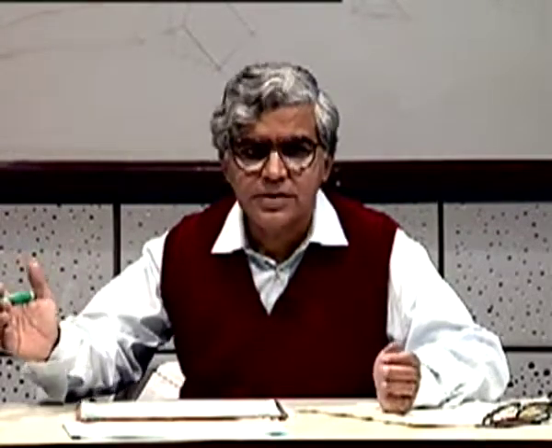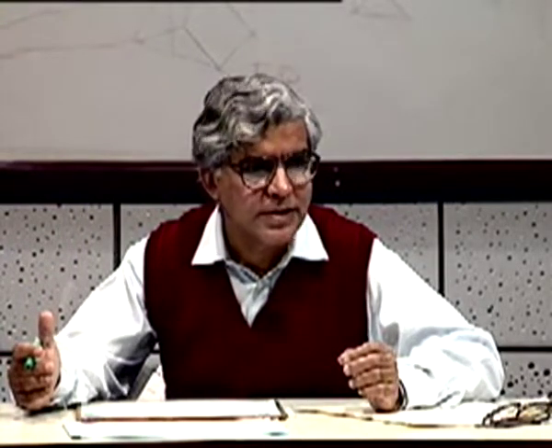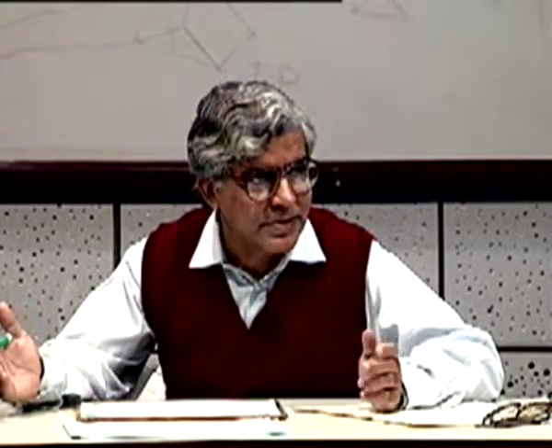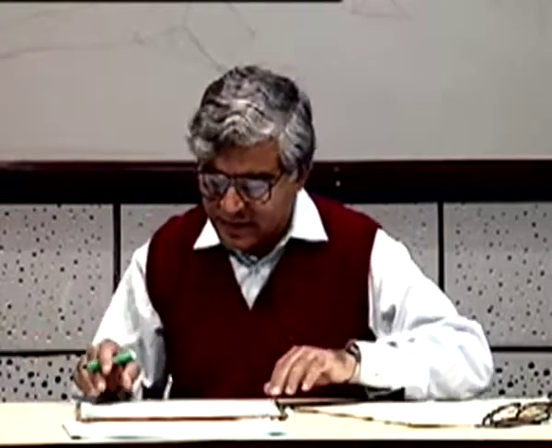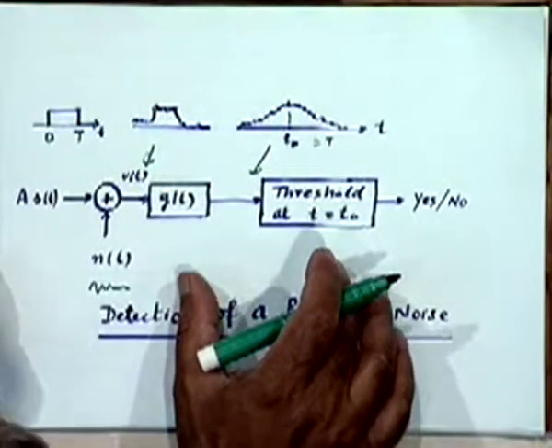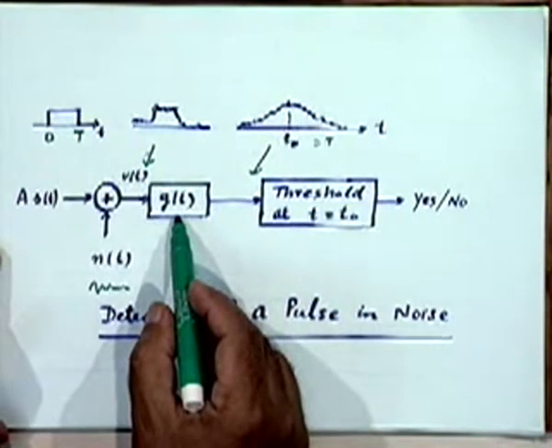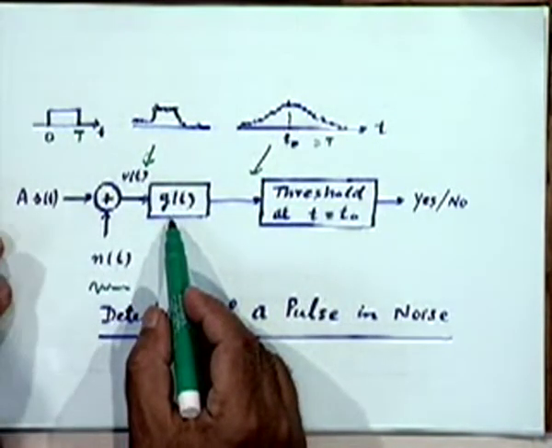So you should observe the pulse for the whole pulse duration, and if you have integrated that out over the pulse duration, at the end of the integration interval you will probably expect to see a peak building up at the output of the integrator after the symbol duration, right? And therefore that's the right point to sample it and make a decision. So that's the basic philosophy of what is called a linear structure that we are going to use here, comprising a filter which we will try to optimize and determine.